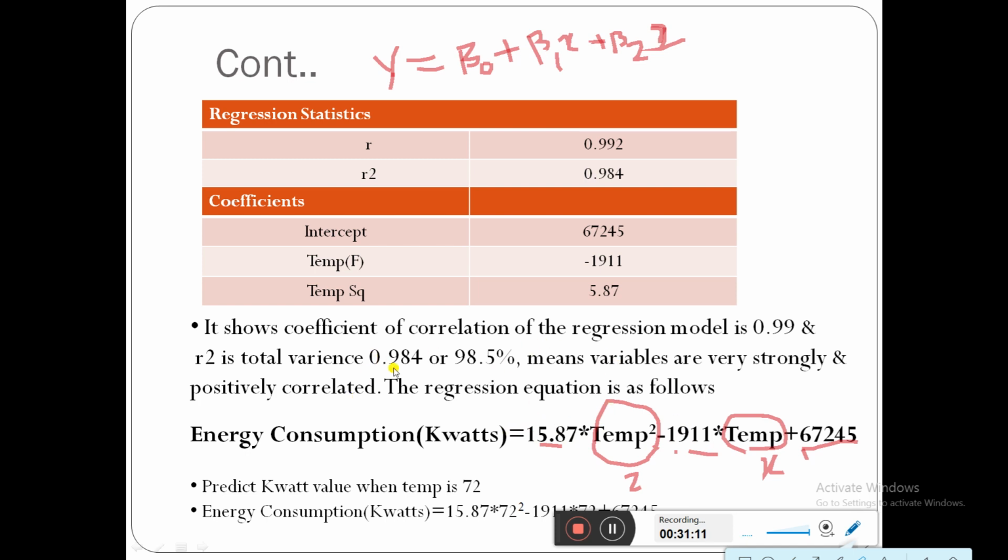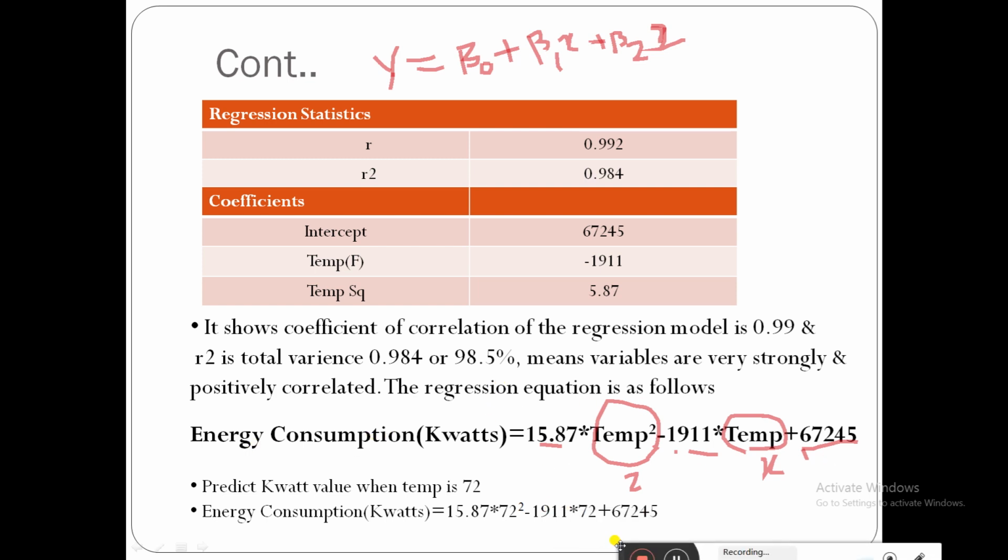Based on the total variance and R square, we have to predict the model. If this value is low, then we cannot draw an equation or a regression model. So we have to try to find some other things. For this we did the squaring. It establishes a strong relationship between the two variables. So we did it and found the equation.